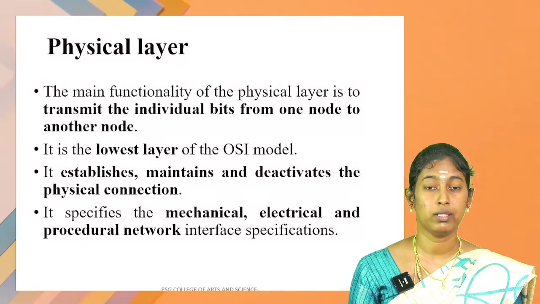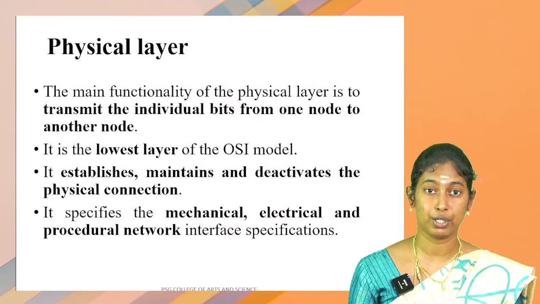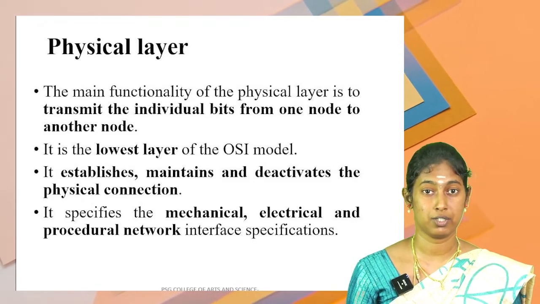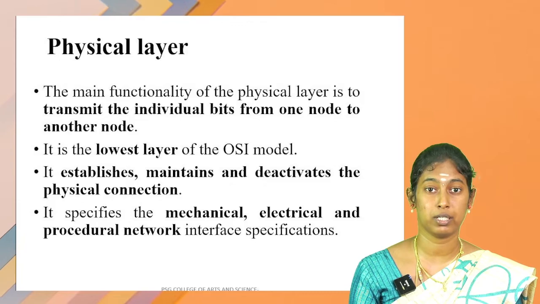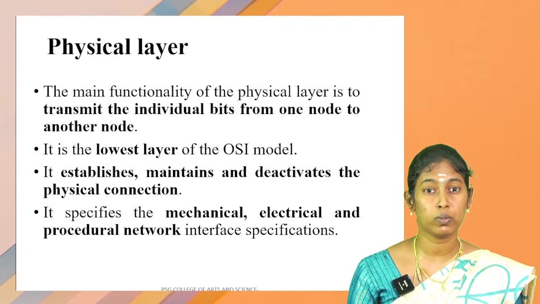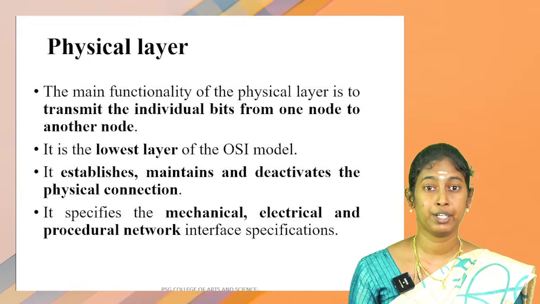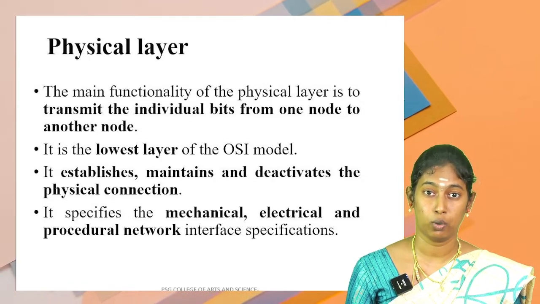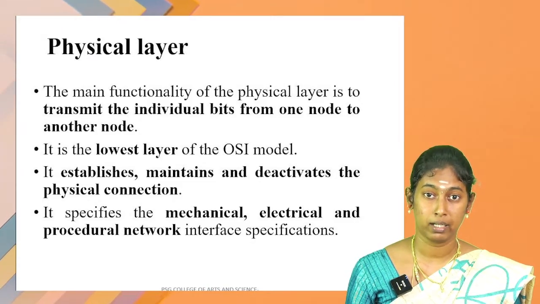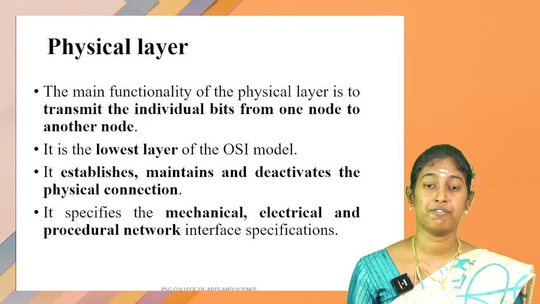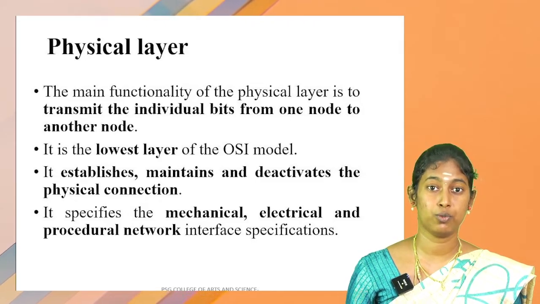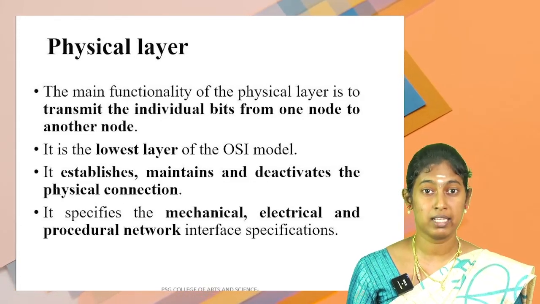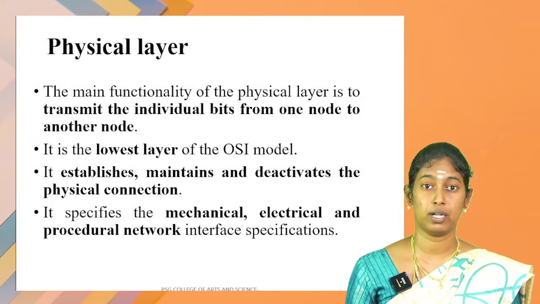Now we move on to the physical layer. The physical layer is used to transmit the individual bits from host to the destination. This is where the actual transmission gets done. It is the lowest layer in the OSI model. It uses a physical medium to transfer the data. Various physical media are coaxial cable, twisted pair cable and Ethernet cable. Whatever physical medium cables we use to transfer the data, that is done by the physical layer. It carries electrical signals to transfer the data.